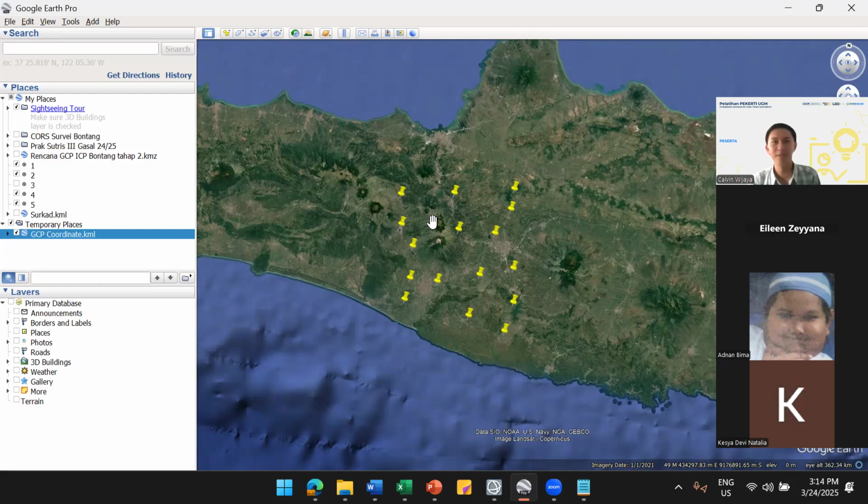But sometimes in the real world, not all industries or consultants understand how important these control points are. So they only make maybe three ground control points or fewer, and the distribution is not uniform. Something like a high density of ground control points here, and less here. So the ground control points need to be distributed uniformly.